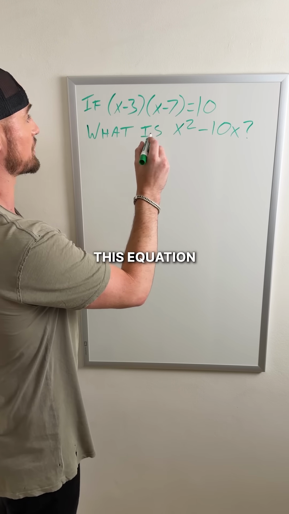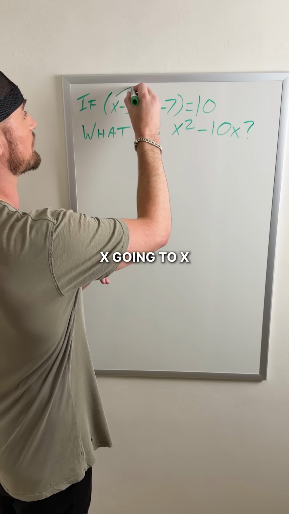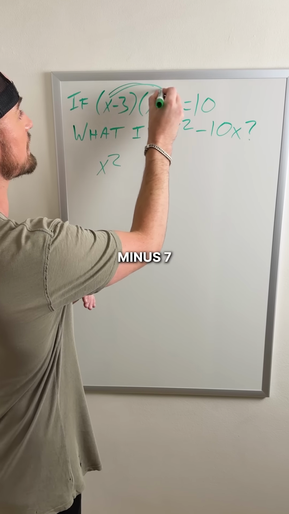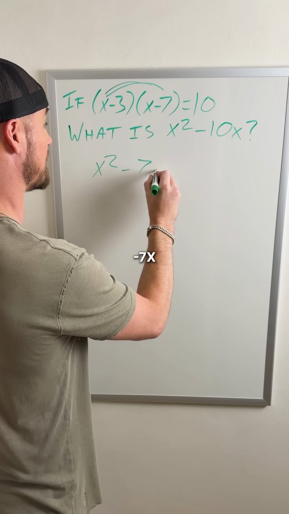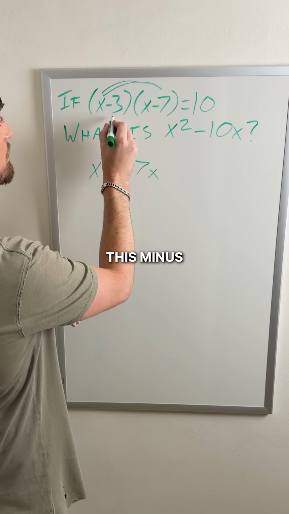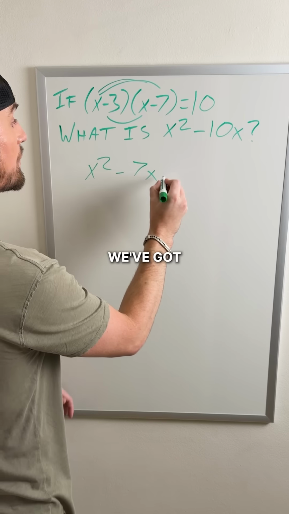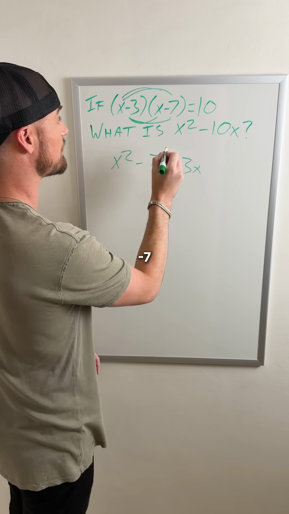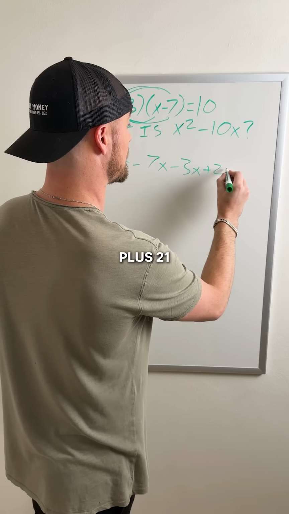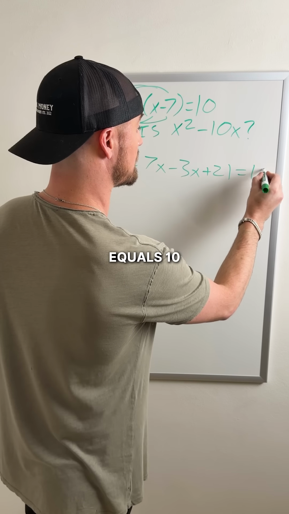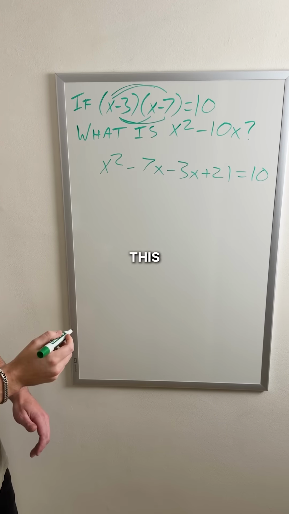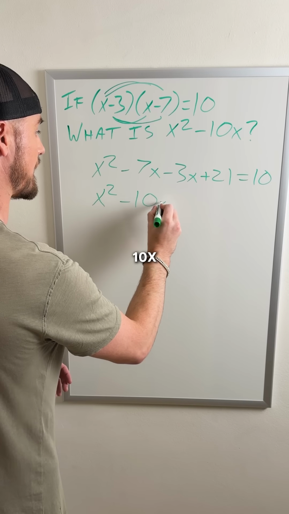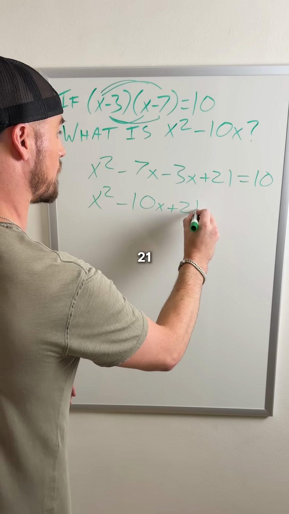Let's distribute this equation right here, okay? So we've got x going to x, so that's gonna be x squared. We've got x going to this minus 7, so that's gonna be minus 7x. And then we've got this minus 3 going to this x, so now we've got minus 3x. And then we've got this minus 3 going to this minus 7, so now we've got plus 21, okay? And that all equals 10, okay? So now that we've distributed this, now let's combine like terms, and we've got x squared minus 10x plus 21